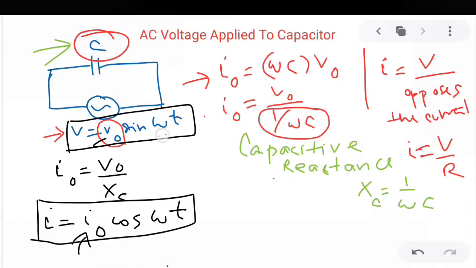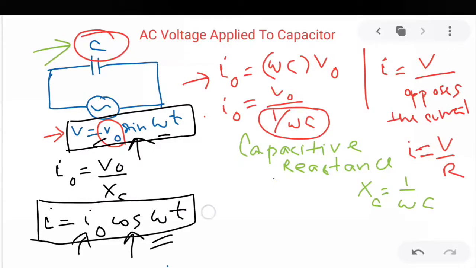Here I have sin omega t, here you have cos omega t. So both places we have omega t, but I cannot compare the phase directly because here we have the sine term and here in the current expression we have the cos term. So this cos term must be converted into a sine term. Means both trigonometric terms should be in the same form, then only we can compare the phase.